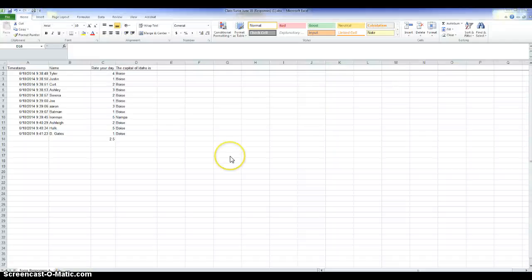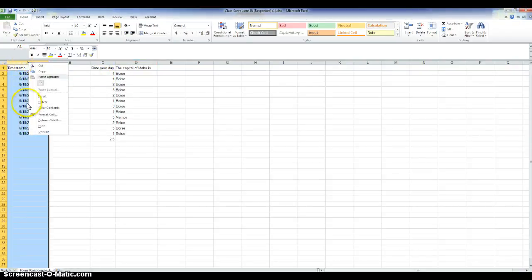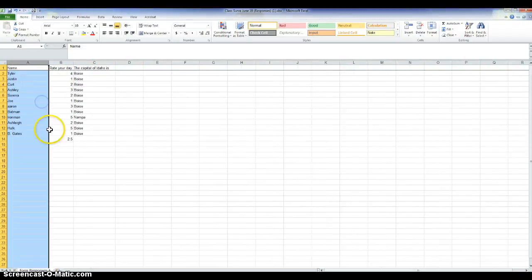So let me close that and get into your Excel, try to deal with your Excel questions. So I just quickly made a little Excel spreadsheet here with some data. And as you mentioned, this timestamp comes in. I mentioned in the assignment sheet, you're welcome to delete the timestamp. So if I just right click on that A up here, I can go to delete, and I'll delete that